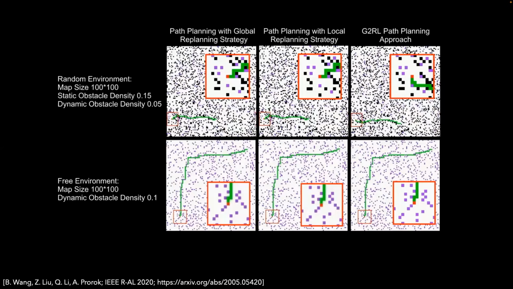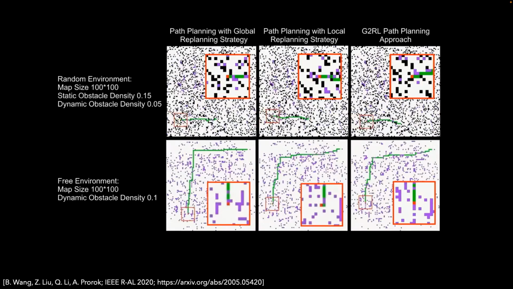So this here is our approach, and it's a very, very busy movie, so don't worry if you can't see what's going on. But just qualitatively, what you see happening is the agent tracking its path, moving in a very cluttered environment with a lot of dynamic agents. And we're comparing the solution qualitatively to path planning with a global replanning strategy, so assuming that we have centralized observations, and classical path planning with local replanning strategy. So just to show you how these are relatively similar here.